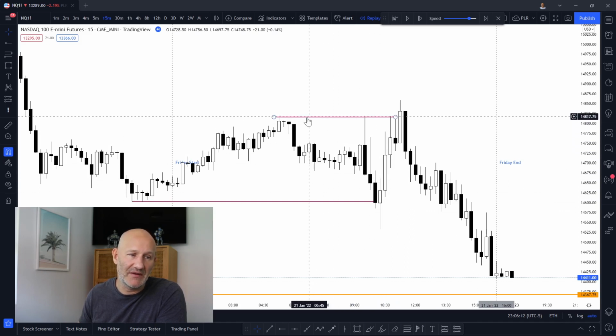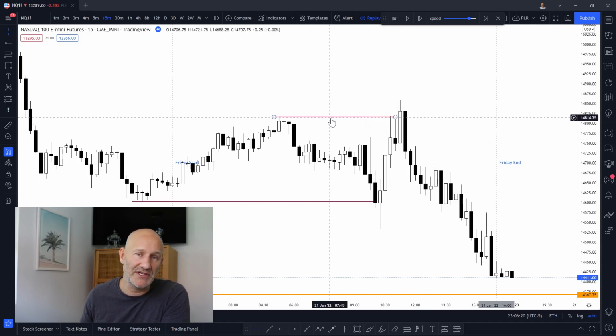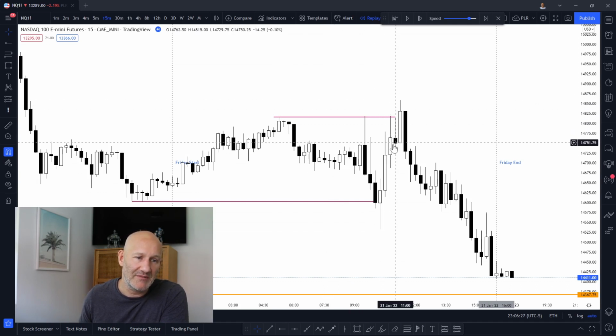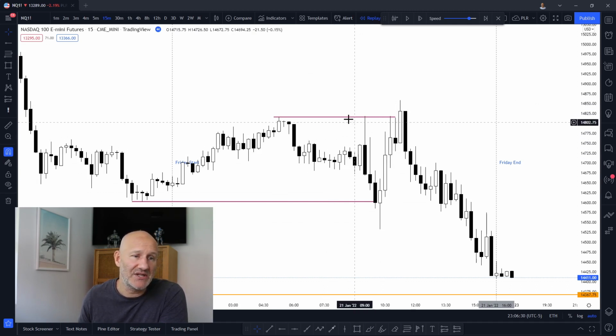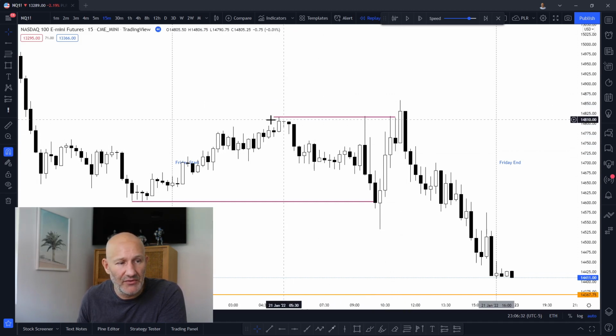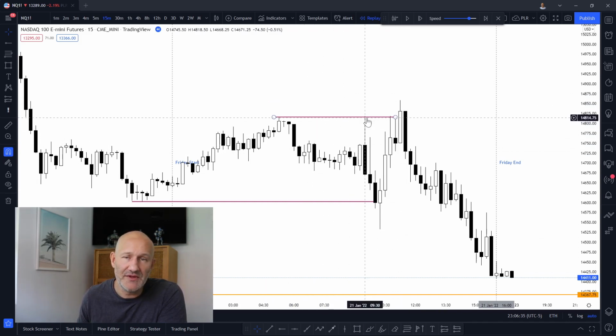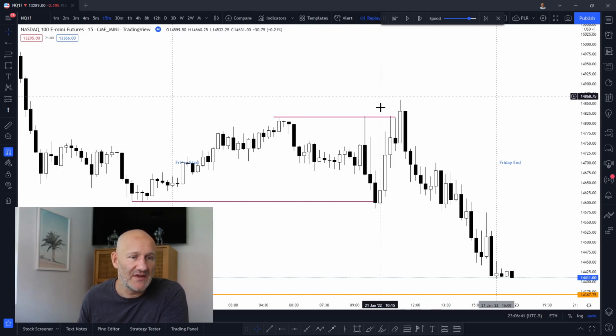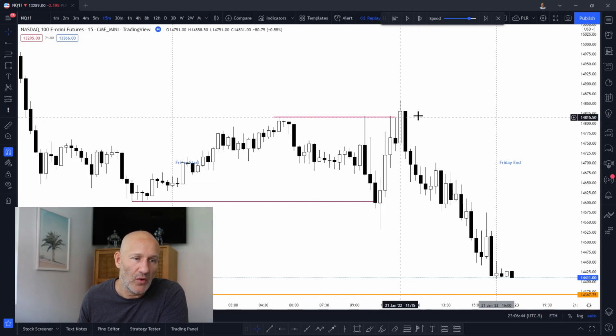Again, we come up to this level and we touch, not just one more time, but two more times. So we now have 4 touches here. So this confirms even more for retail traders that this is now definitely resistance, which is just creating more and more stops at this level. You can see price comes down again before it's attacked again, and you can see we drive through quite strongly through this resistance, or what retail traders would see as resistance, attacking these stops, which triggers all this liquidity, pushes price higher, allows institutional traders to get set,